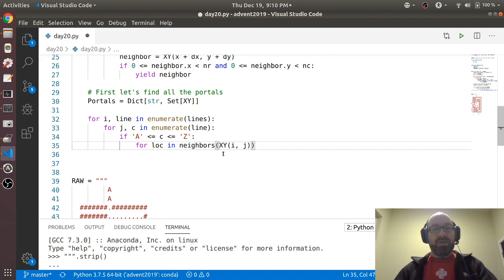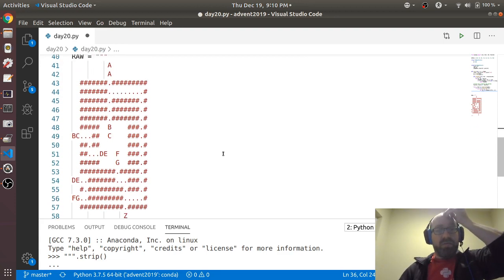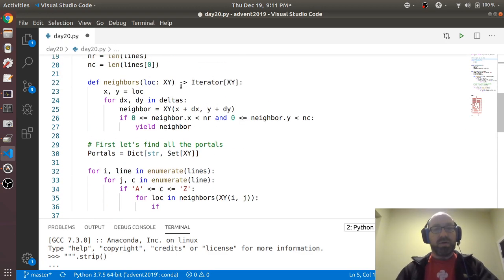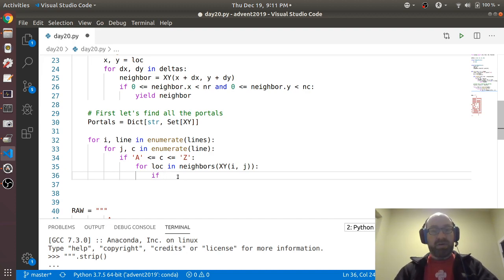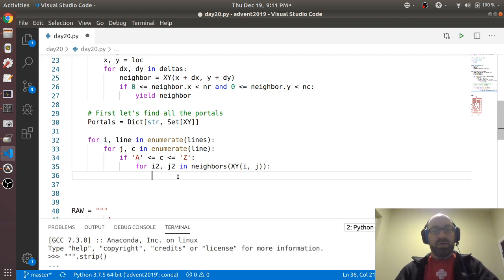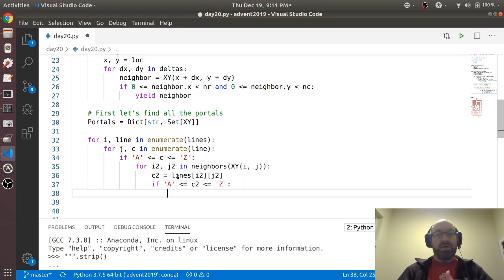And so for the location in neighbors, and actually I only want to go right and down. So I'm going to go 0, 1, and 1, 0. So that way I don't get things twice. That's fine. And that's in fact better. For i2, j2 in neighbors xy, c2 equals lines i2, j2. So I should call this ij, not xy, but it's too late for that now. And just remember x is i and y is j. If A is less than or equal to c2 is less than or equal to Z, then